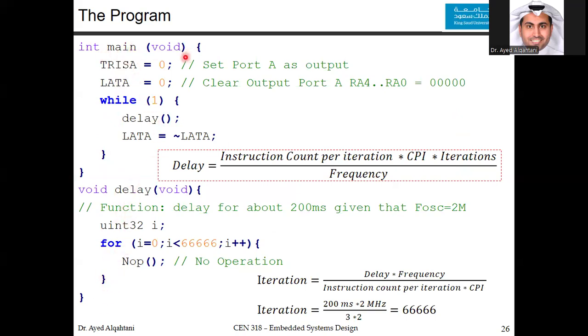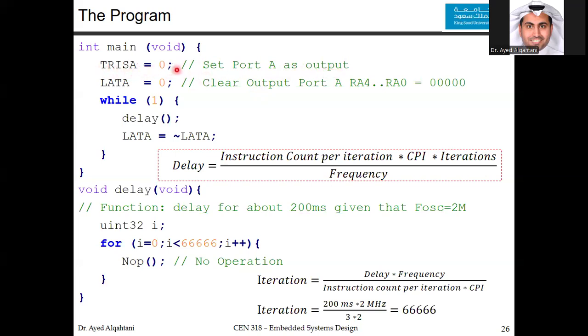In the main method, the first statement, TRISA is equal to 0. And this statement will set port A as an output, the whole port with all its pins, meaning A0, A1, A2, A3, A4. The 5 bits all are set to be output